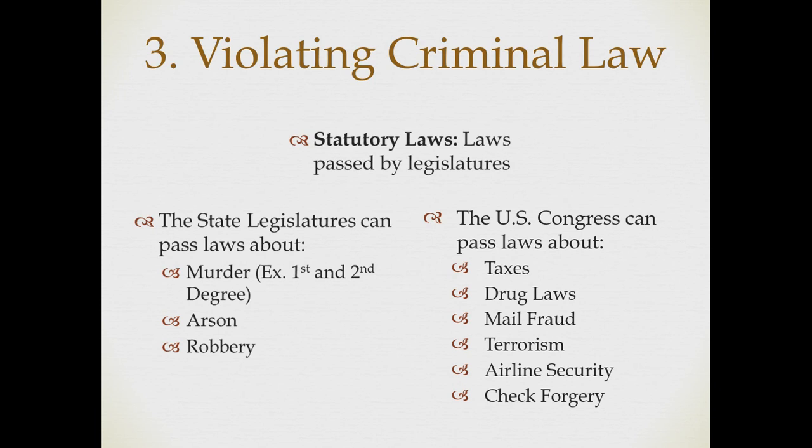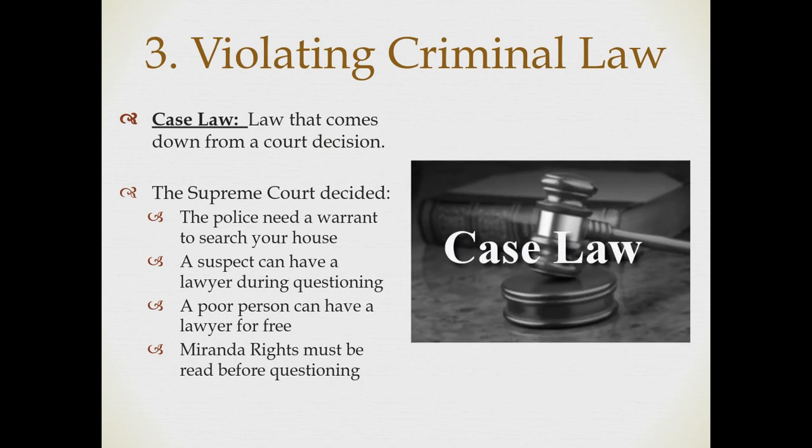For example, the states come up with their own laws regarding morality, meaning every state has the option to define its own terms for murder, define its own terms for what is speeding, what is arson, what is burglary, what is theft. They determine most basic criminal laws that you think of. Now, more of the extreme laws come from our United States Congress. They deal with more laws, including drug laws, taxes, terrorism, security, et cetera. Congress creates laws that affect the nation as a whole, whereas states create laws that affect only those who are living or currently in that particular state.